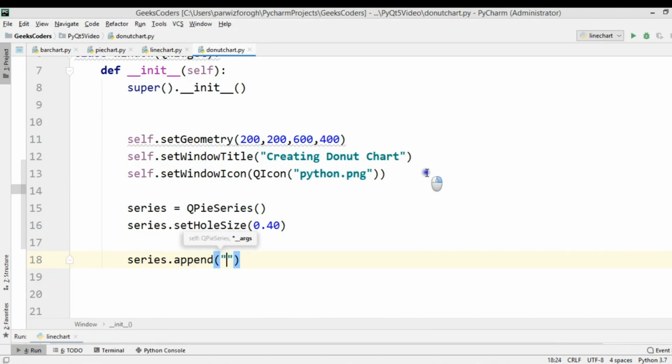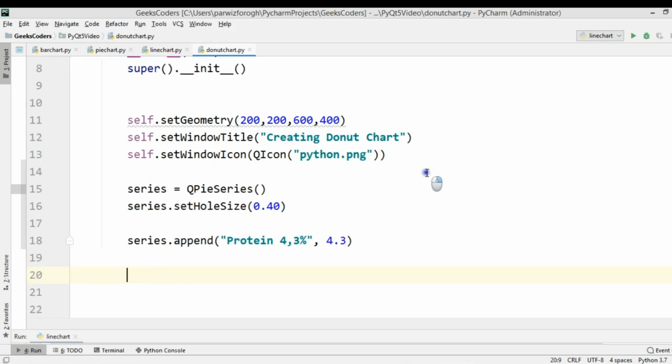So I can say protein 4.3%, 4.3, and now we need to create a slice, so I'm going to just say my slice